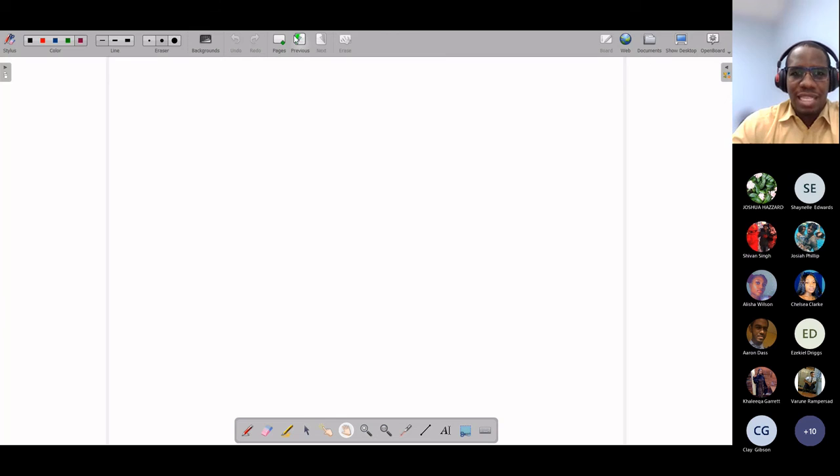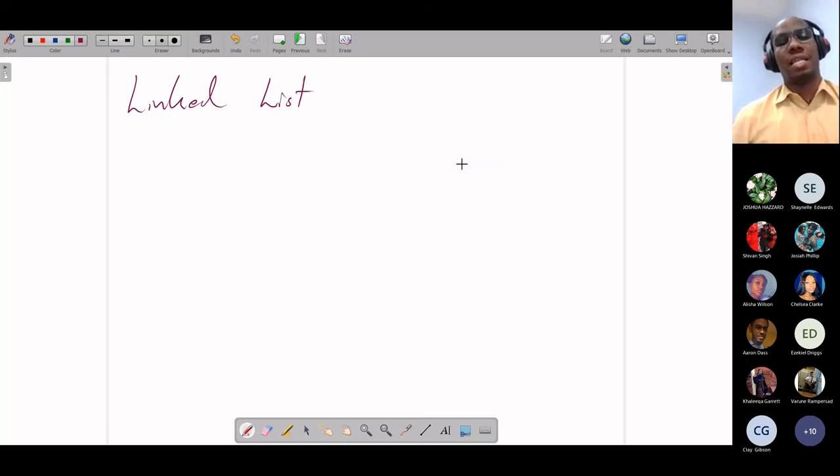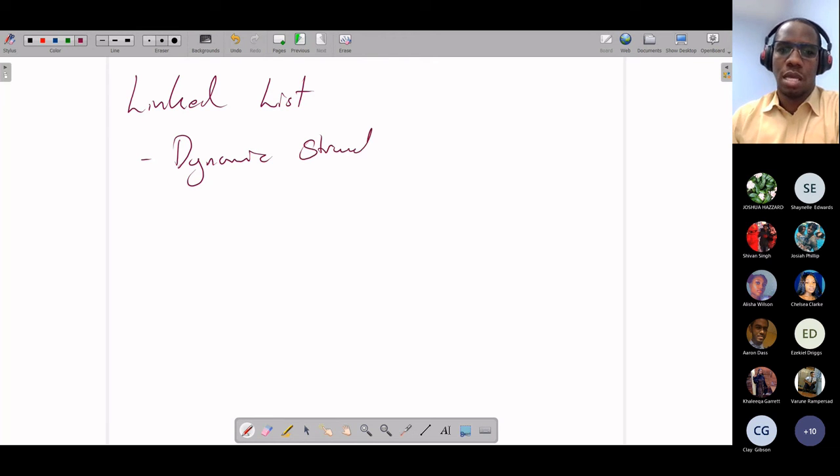All right, so the last thing that we're going to talk about is just the concept of a linked list. I'm just introducing it. And what is a linked list? A linked list is a dynamic structure which allows for values to be stored